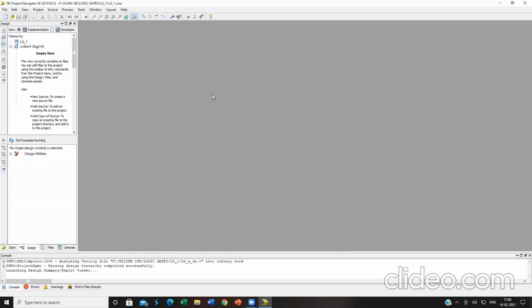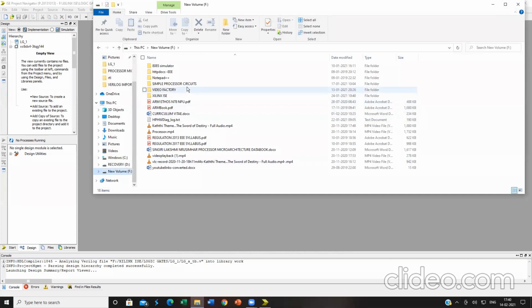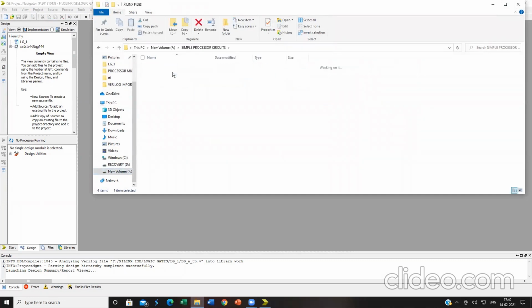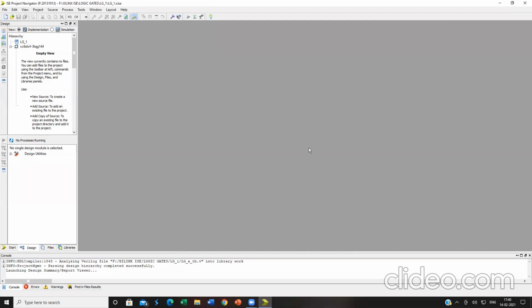Now what you have to do, before going into this Xilinx ISE, is create a folder similar to your ModelSim one. No need to create it, just for your easy understanding I'm saying. Everything will be taken care of by this particular ISE Project Navigator. Just for easy correlating of your modules, you can create a folder over here.